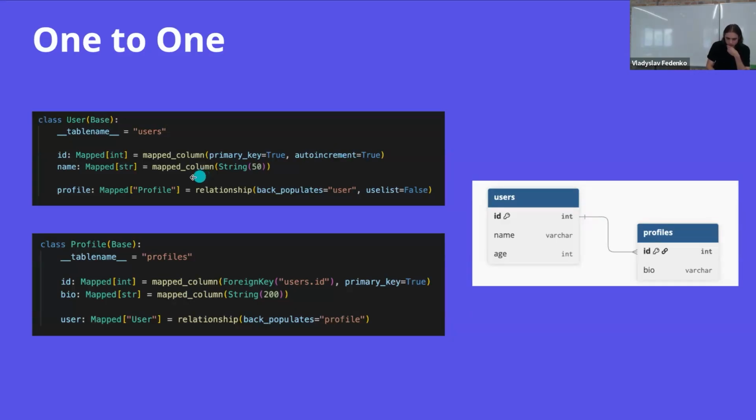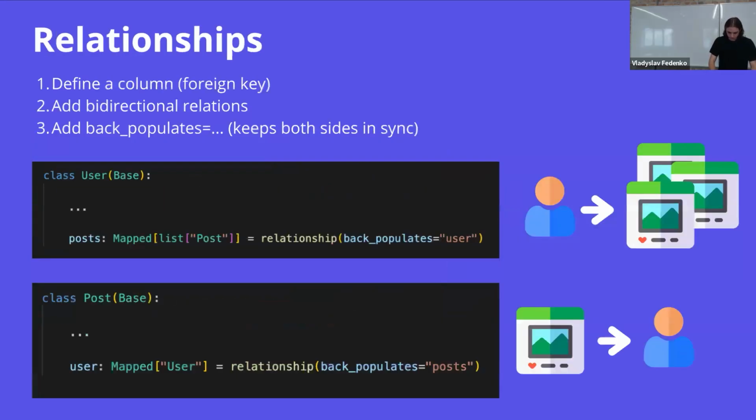And also here in this example, you can see that, for example, our ID field is a mapped column, primary key, and also auto increment. It's also a field that we can specify in mapped column. Okay, so